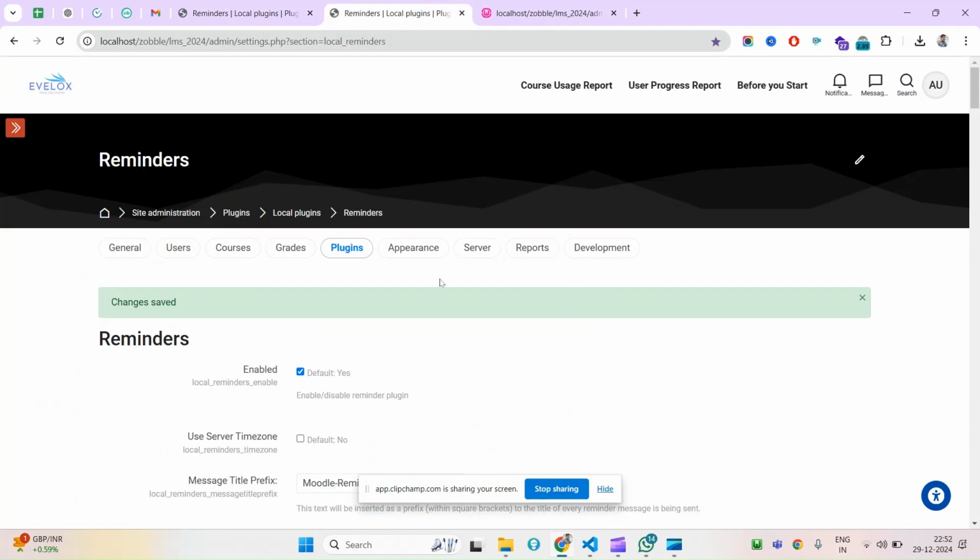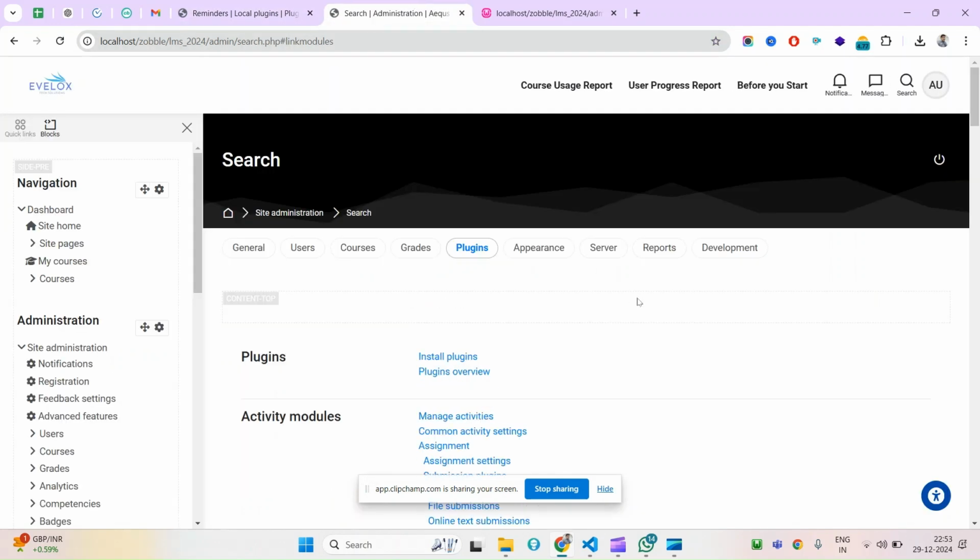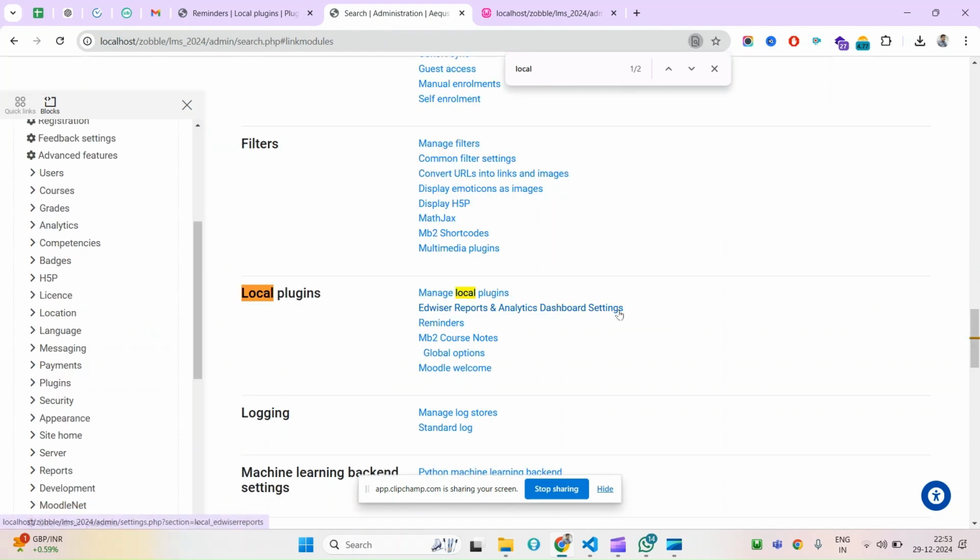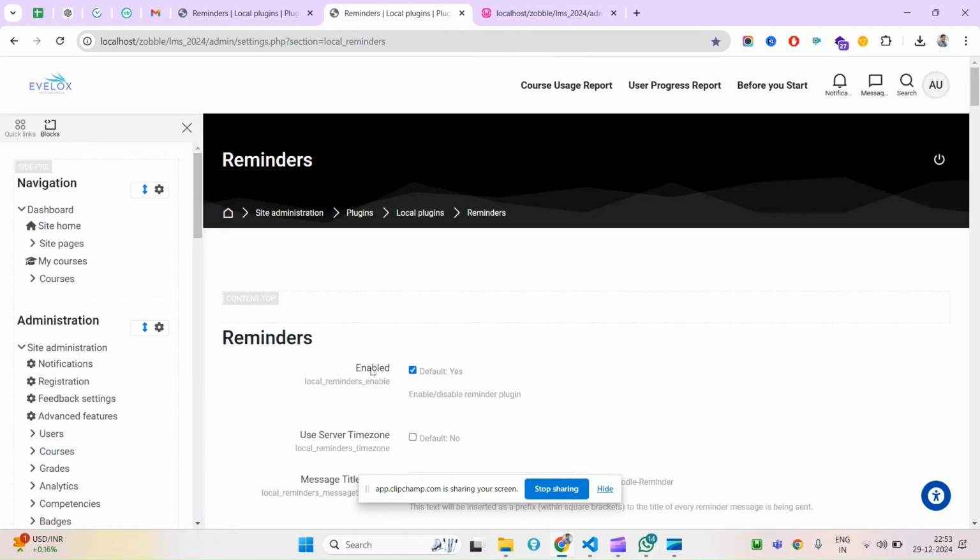How will you get that? To get this you'll have to come under the administrator area, then the plugins. Currently this reminder is a local plugin, not a published one, but yes, you will find this under the Moodle plugin directory. Under local plugins you will have the reminders here. You can click on this, and if you check the description here,